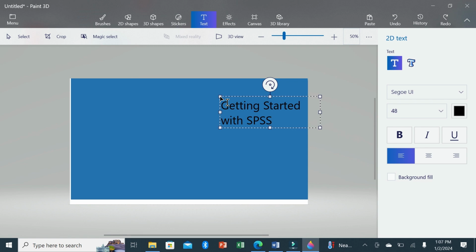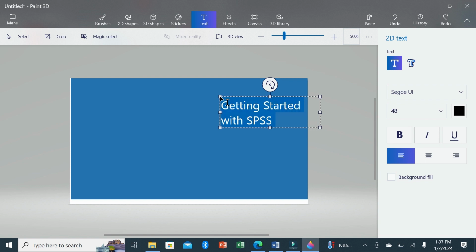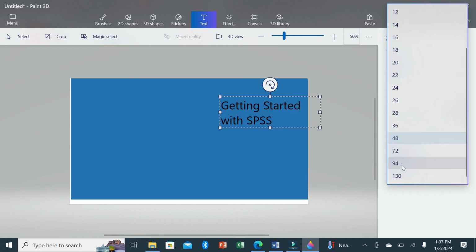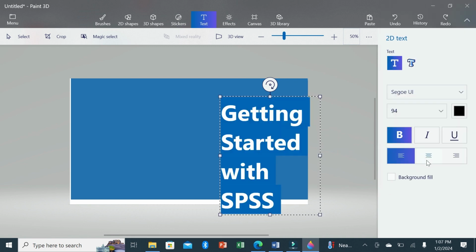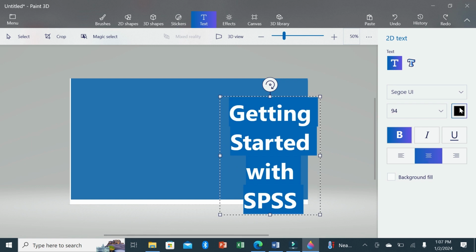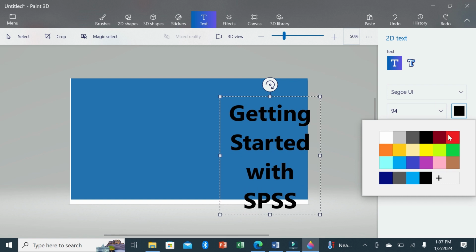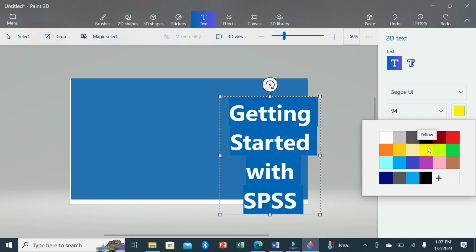Then for me to change the color of this write-up, I'll click on Ctrl A to highlight this work. Then I will come here to change the text size, probably to 94, and I'll bold and center it. Then I'll change the color by going in here to either choose yellow color,